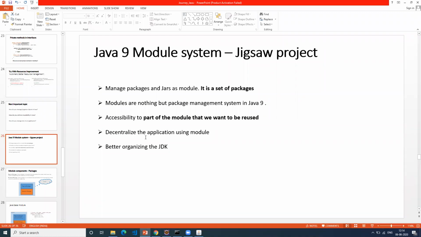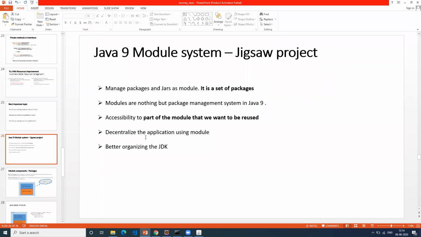See, don't confuse this with import. Import is different. This module, decentralizing module, is different. Import is just to import your jar file in your local, in your package, in your class path, and use it, right? That's more about your coding of your application. This is more at a very application level, wherein you want to divide the application into multiple pieces.